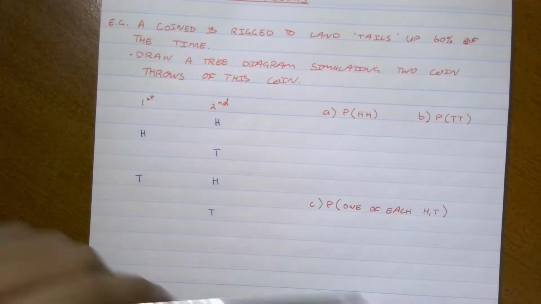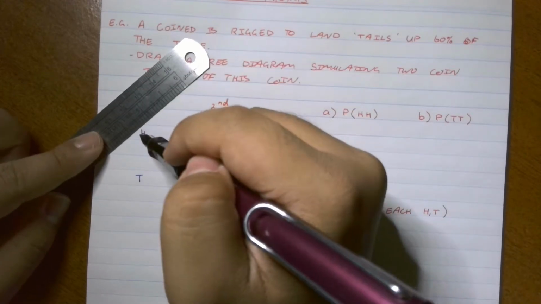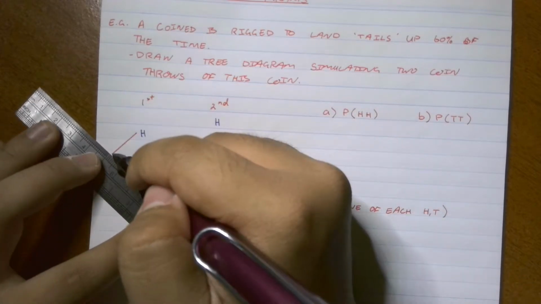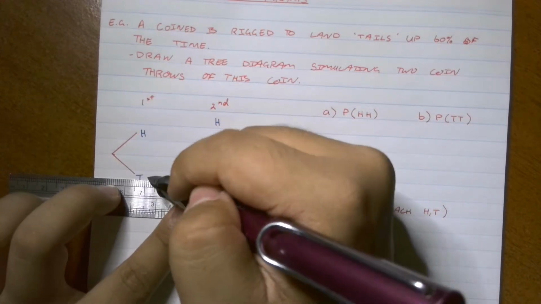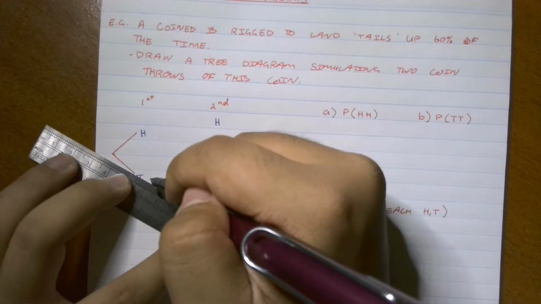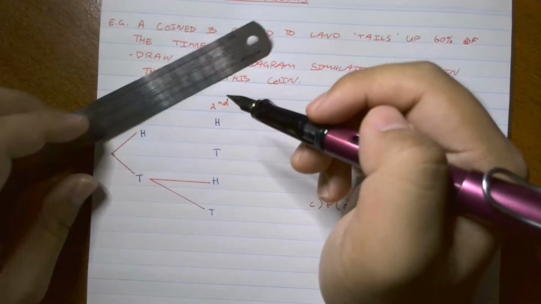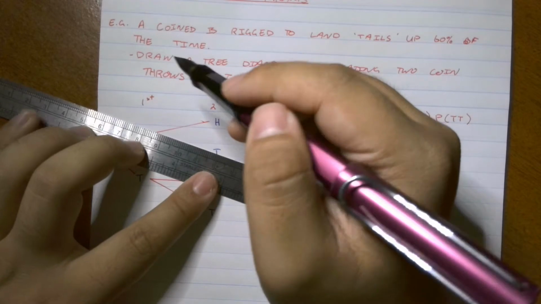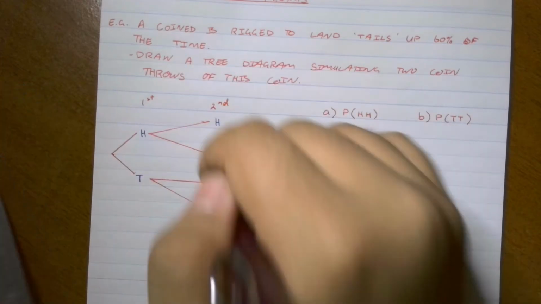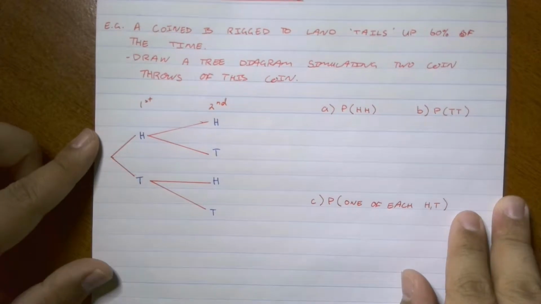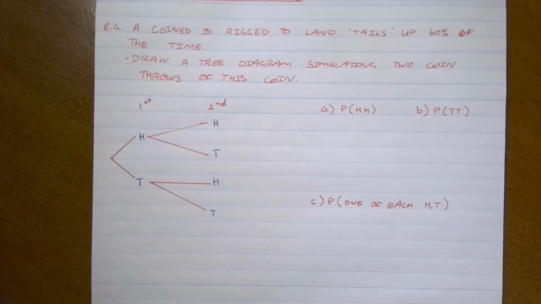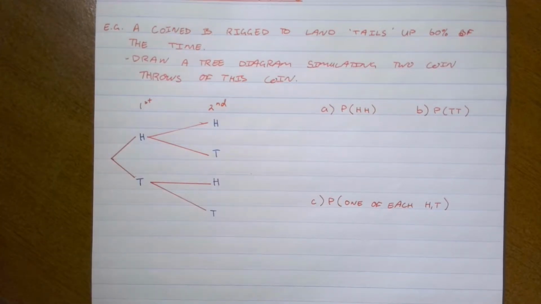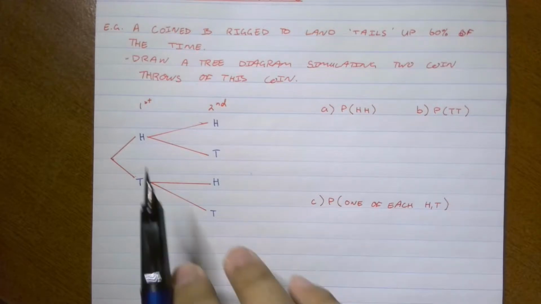Let's draw these branches leading into them. So from heads, like so. There we go. Now, because this is a rigged coin, we cannot leave the probability tree to look like this. Probability trees that look like this assume that heads and tails in both coin tosses are equally likely. Because of this,